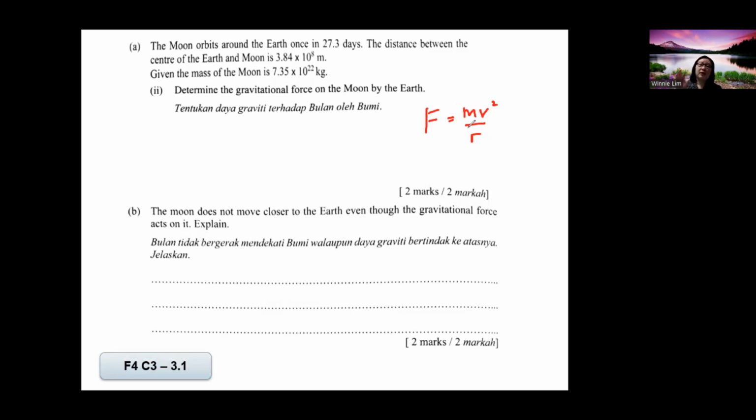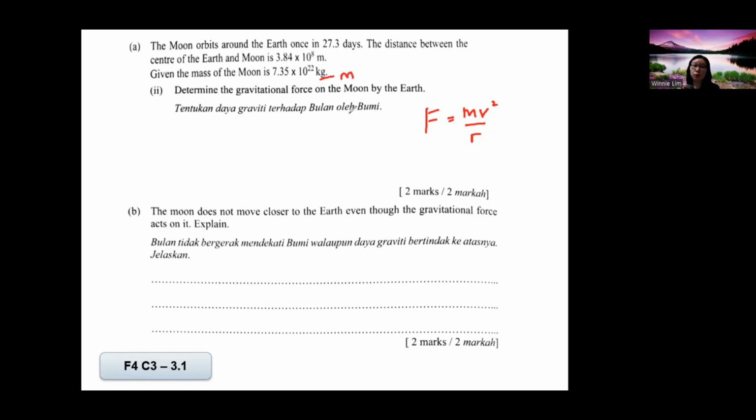has mass, velocity, and radius. So you still know what formula to be used, or else even if they give you the formula list, you can't really apply it. Once you know that, do you have the mass? This mass refers to the one that is orbiting, so it's not the mass of the Earth. That's why you have the mass of the moon, M, here. Then V is what you calculated just now,